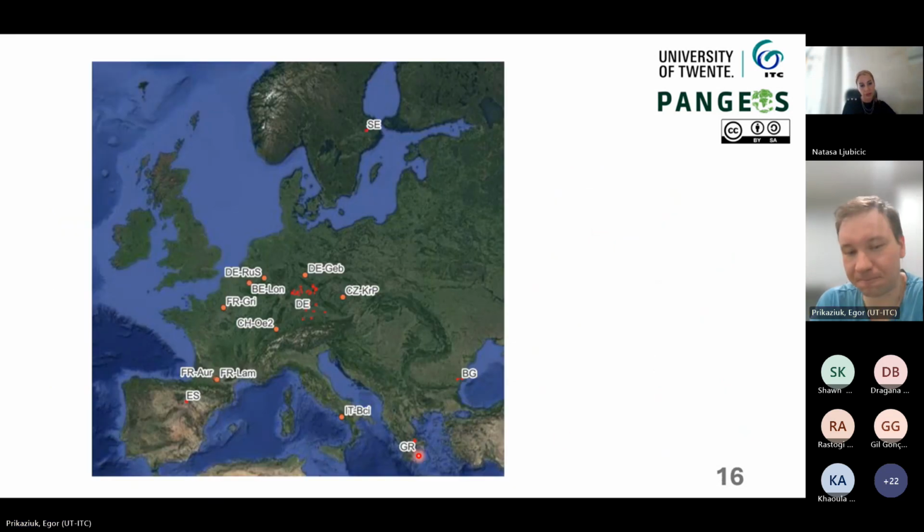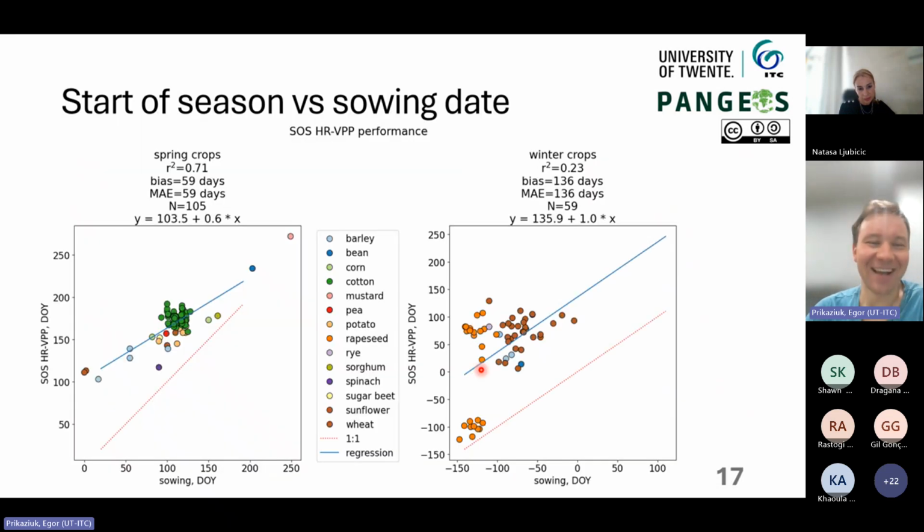So these are all the points we were able to find. The ones that start with a country code and dash are part of ICOS or FluxNet towers. The ones that only represent the country, so Greece, Bulgaria, Germany, Spain, and Sweden, are extra sites that we talked to. For example, someone from Bulgaria collected the data. So once we aggregated for the fields using the shape, the boundaries,